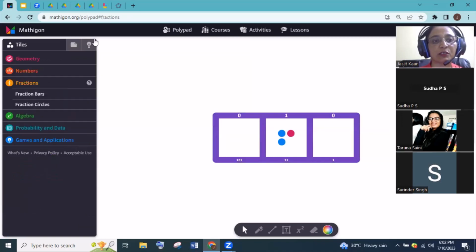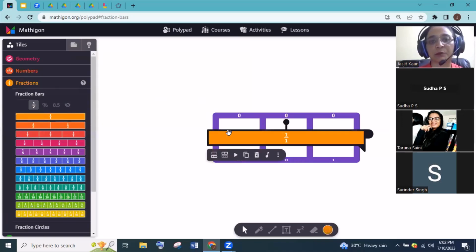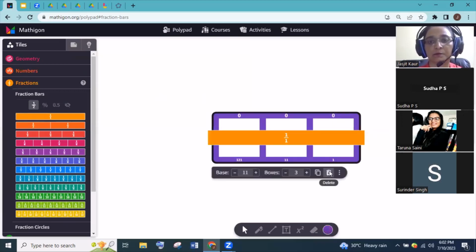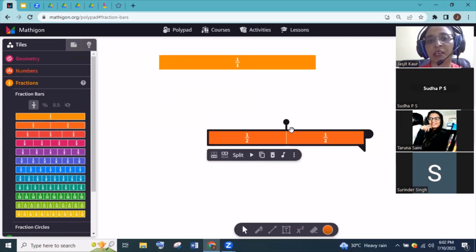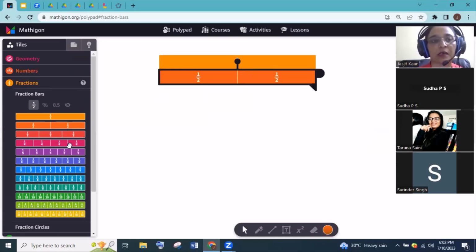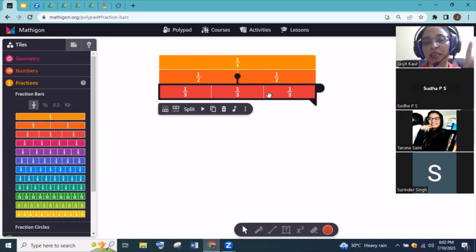Next is the activity for the fractions. What I have just shown you there is the fraction kit. In this, you will have the fraction bars to explain them the concept. So this is the one whole. And now check how many halves are there. How many 1/3s are there? And in this, we have 1/3. Why is it 1/3? Split it. When we are going to split it, we just check it out.